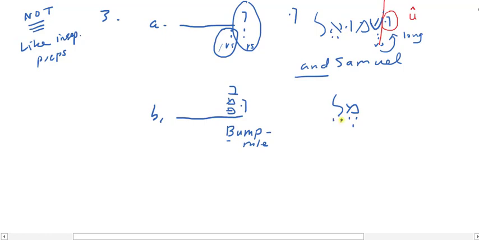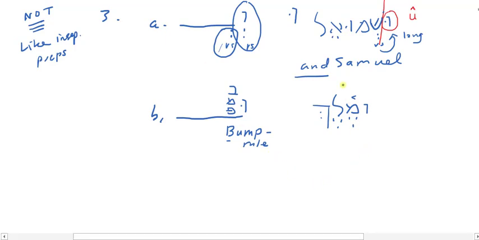What does melech mean? King. Okay. I want to say "and a king." Put my vav, put my vocal shava. Under normal circumstances, that would be okay. But is mem one of the bump consonants? It is. And therefore, I have to rewrite my shava with not a vocal shava, but with the pointing for